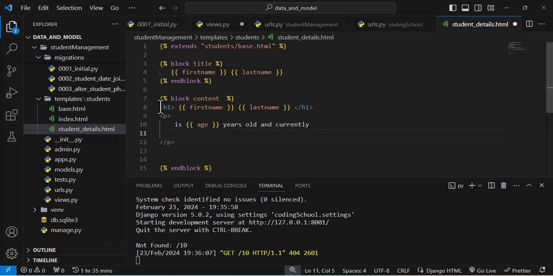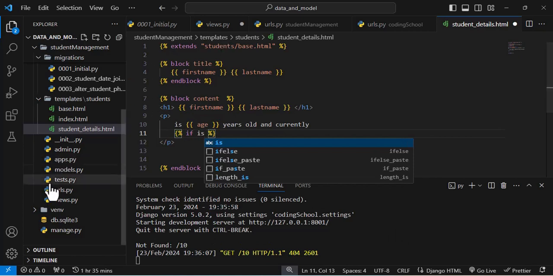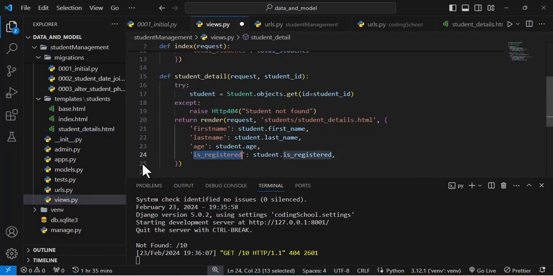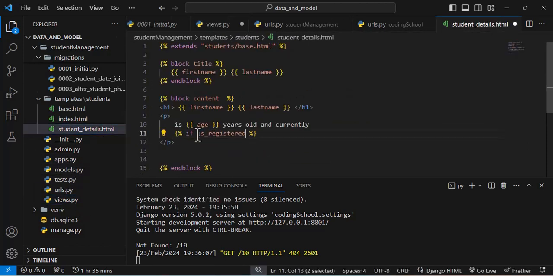so now let's use some, if it's registered, you say currently registered for the academic session, or currently unregistered for the academic session. Let's use some if else now. Now we want to write logic. If you want to just write a variable, just use double curly braces. But if you want to write logic, you'll have the curly braces and you have the percentage. So this is logic. So logic now, I want to use if is, don't forget in here you use it as is registered. So you should come here and say if is registered, which is what we are passing to this template. You just say registered,